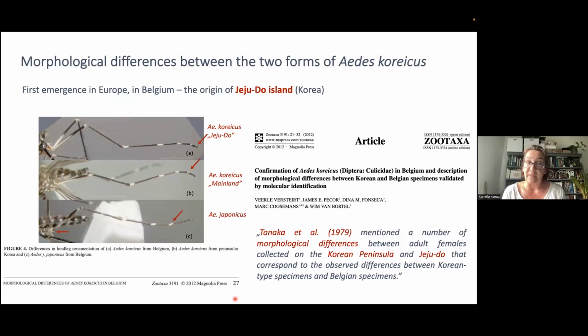And when the Belgian colleagues identified the origin of their population, they mentioned that literature, so that knowledge, and